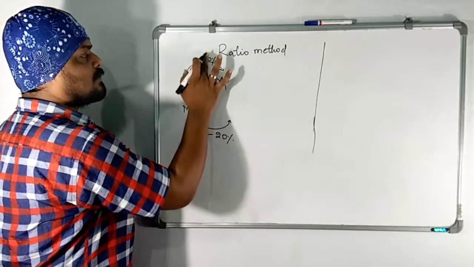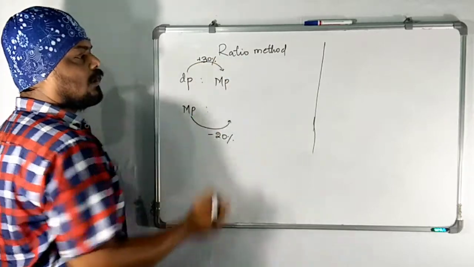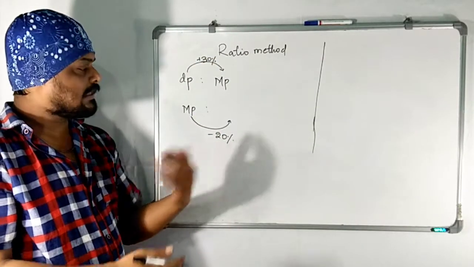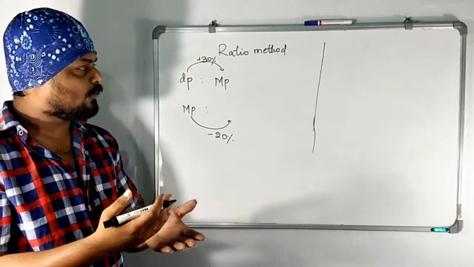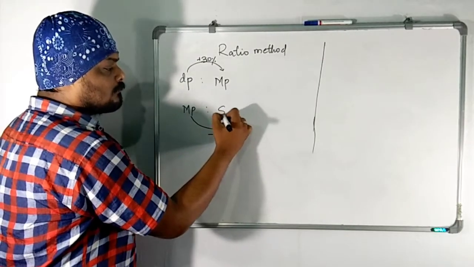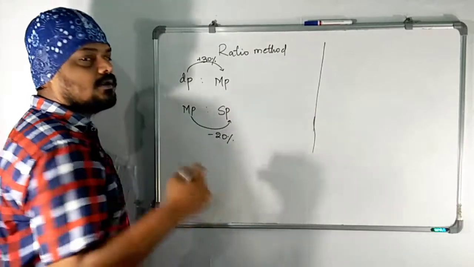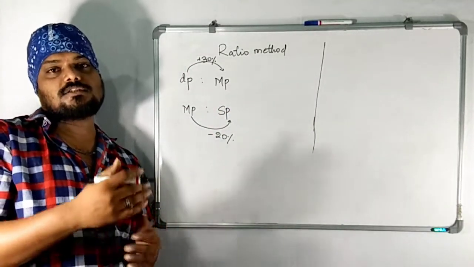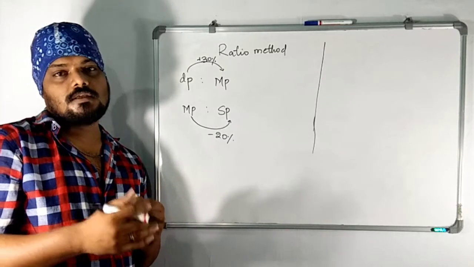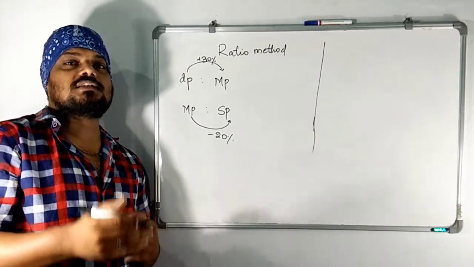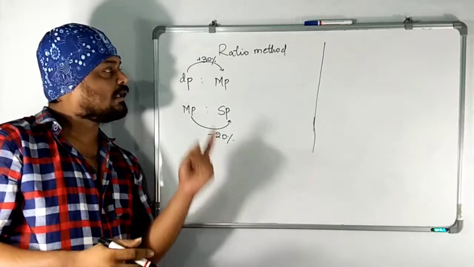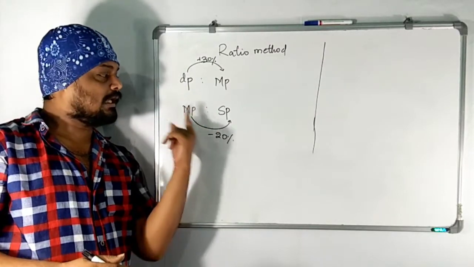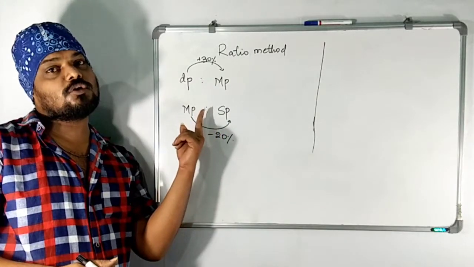Sorry, here it is 30 percent. According to the question, actually it is 30 percent. So here it is a discount. He offered a discount of 20 percent. Then he sold it for a certain amount. And the last condition of the question is, how many percent did he get more on the decided price? That means a comparison between the selling price and the decided price is going on here.